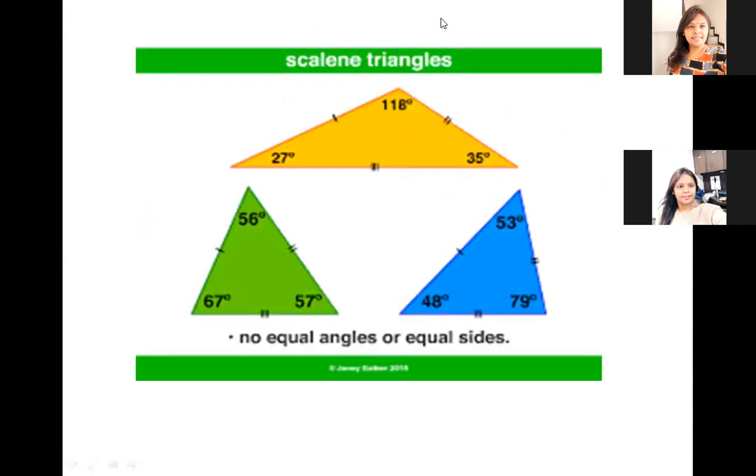Then there are some figures to understand the scalene more. Look here, the one arrow shows a length, the double arrow is different, and the third is also different, and their angles are also different. And you know the angle sum property for the triangle, what is it? The sum of all the angles of the given triangle is 180.